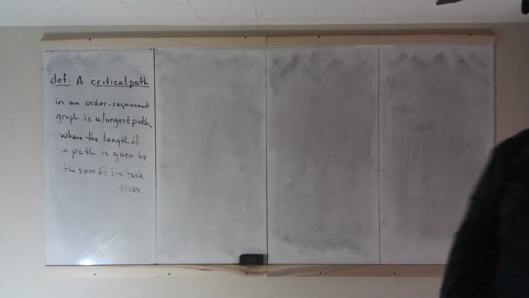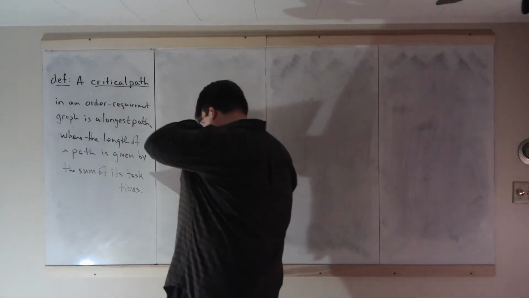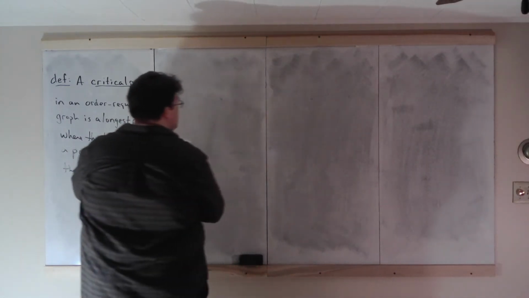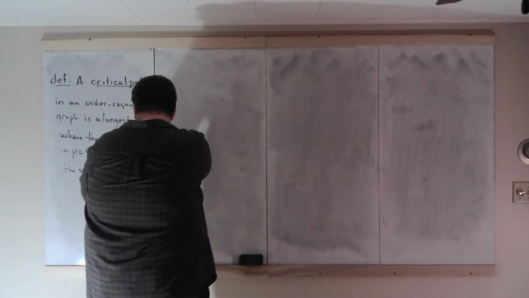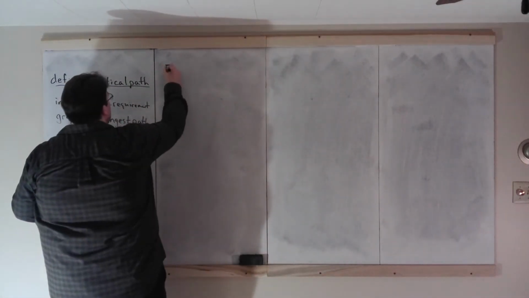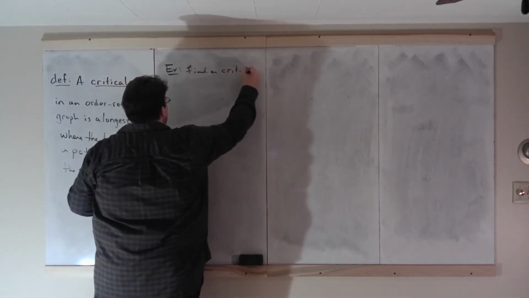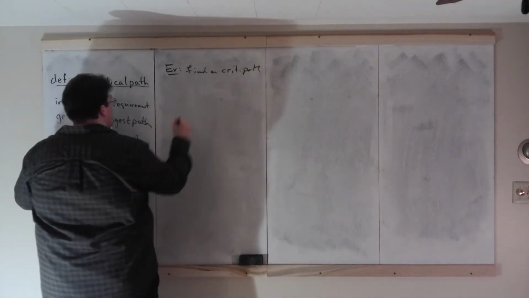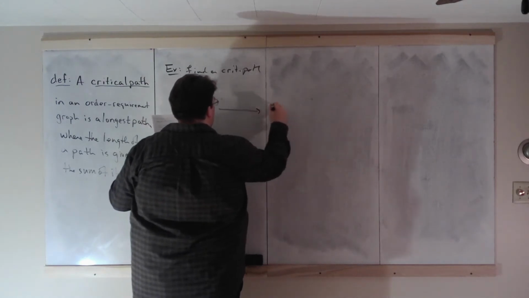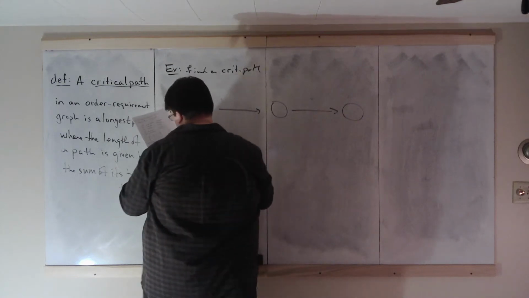But I want to do the one I have written down over here. Find a critical path here. Let's do it in a black marker and then do the chart in a blue marker. Example. Find a critical path. So we have task A, we have task B, we have task C, we have task D,